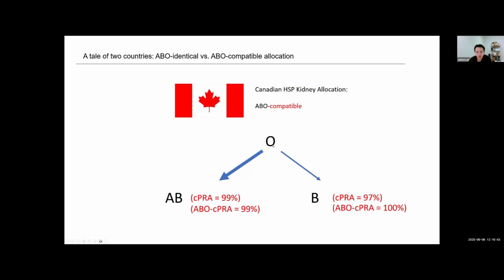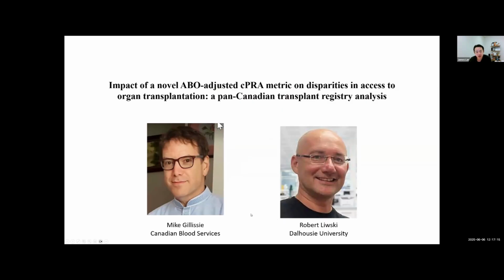You have one donor who's blood type O, and then they're being ranked on who is more highly sensitized. By the current CPRA, this blood type B patient is considered to be more difficult to match compared to a blood type B patient who has a CPRA of 97% based on HLA antibodies. But when we do the ABO adjustment, which gives a better idea of true immune compatibility, this patient is actually more difficult to match, but the organ, in fact, will go to the other candidate because we have now accounted for ABO adjustment. And so then we modeled this out using Canadian national data, and we did this about a year ago. And these are the collaborators that helped me complete this analysis.